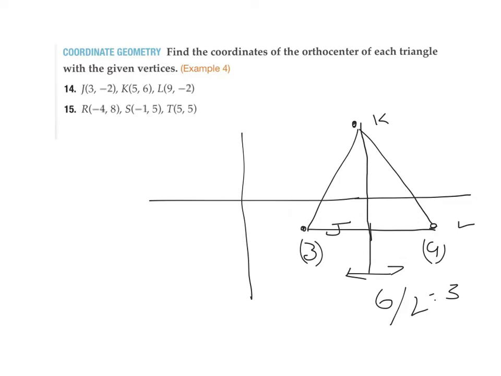Okay, now obviously you've got to find, let's have a look at JK. You've got to find the slope of JK, and don't forget you've got to go perpendicular to that. So you will find the slope of JK, you will do the negative inverse of the slope, and you know it's going to go through that point there, which is (9, -2). So eventually you'll have an equation of that, which will bring it up, and then do